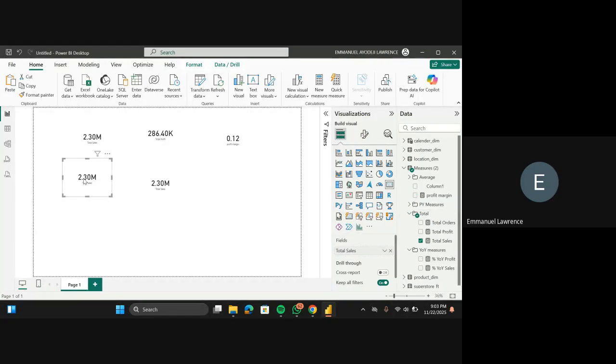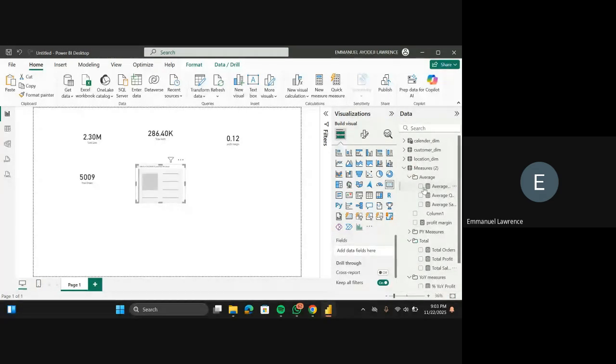The next one we're going to be doing here is my total. Did I calculate total? Yeah, total orders. So I'll remove this and click on total orders. For the last KPI, let me check what I have in my averages. Let's use our average discount. So I'm going to uncheck total sales and click on average discount. Okay, my average discount is 0.16. Or let's use average quantity. Anyone works. So this is average quantity per order, right? So now we are done with our KPIs.